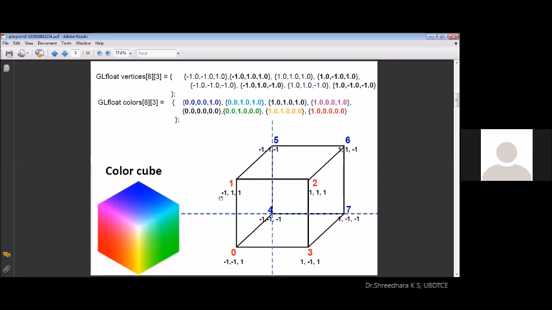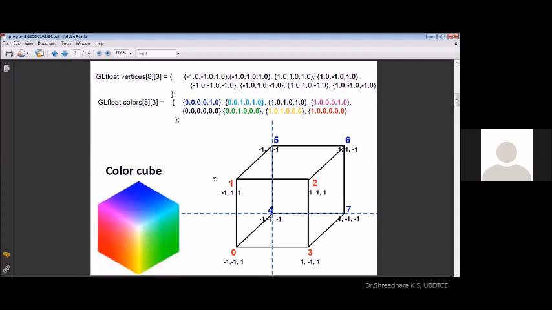So this is the observation. So this is the corner point 2, made it as 1, 1, 1. Hence the vertex here is white. The exact opposite vertex here is 4, which we cannot observe in this cube. This value will be -1, -1, -1. Now you can observe the color cube representation of this data structure. Once this is clear, that is the first modeling of the faces done.